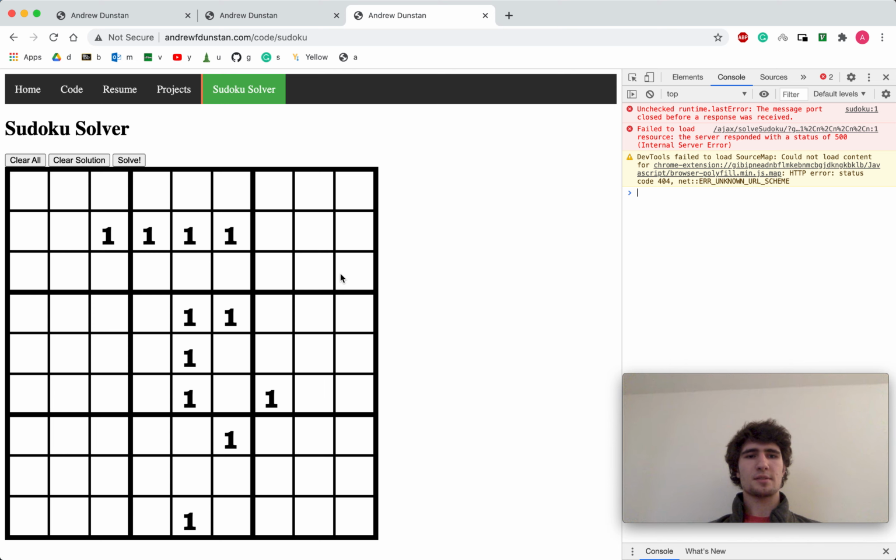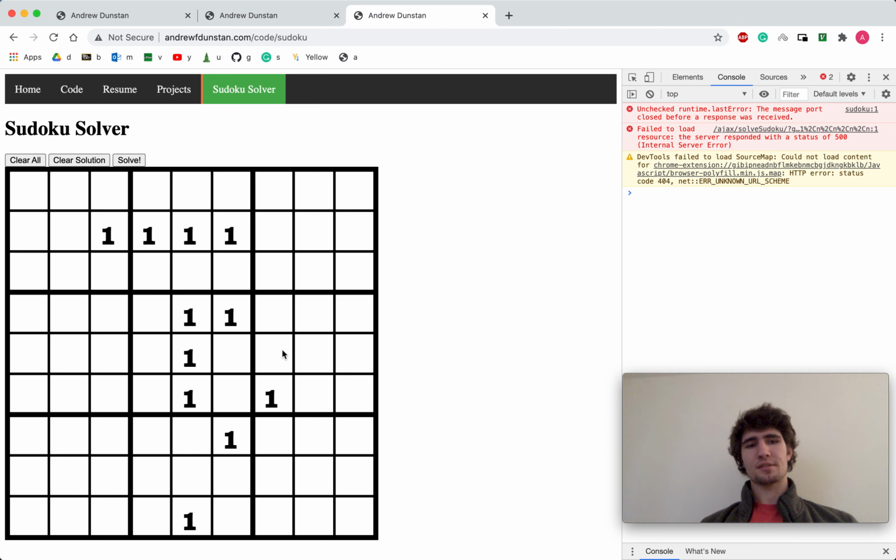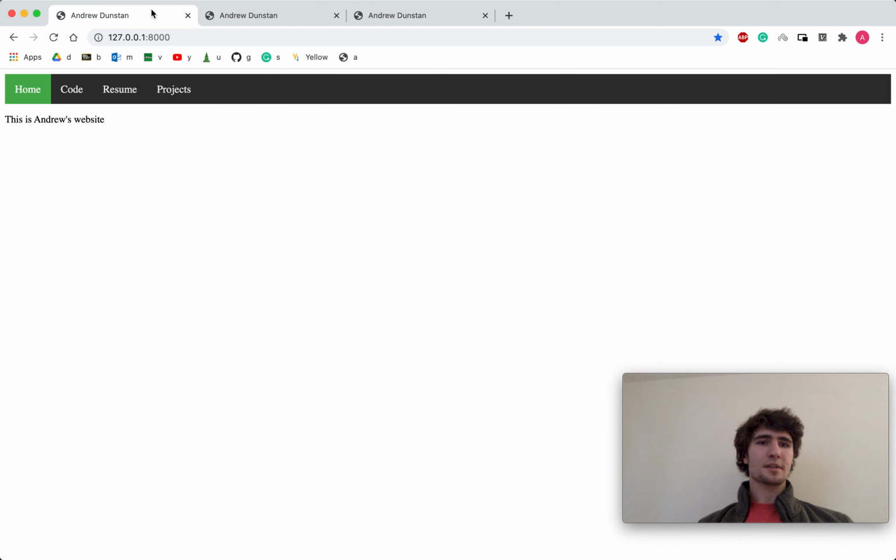So I spent a while trying to figure out how to compile a binary for Linux on my computer, and it was quite the process, and I didn't end up figuring it out, which is why on my domain name, this little applet is not working because it's using the binary that was written for OS X,